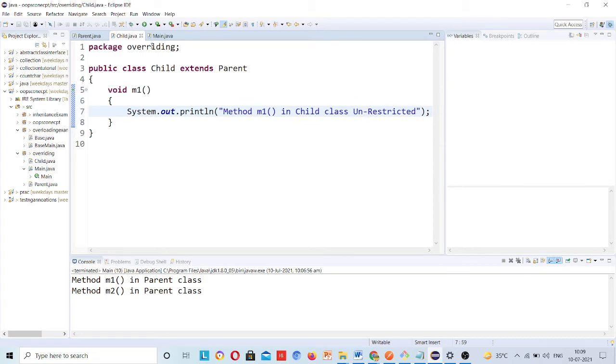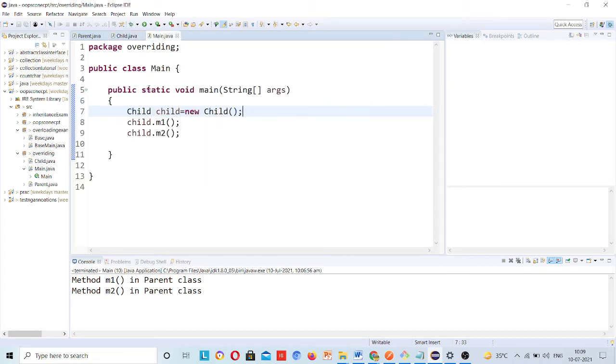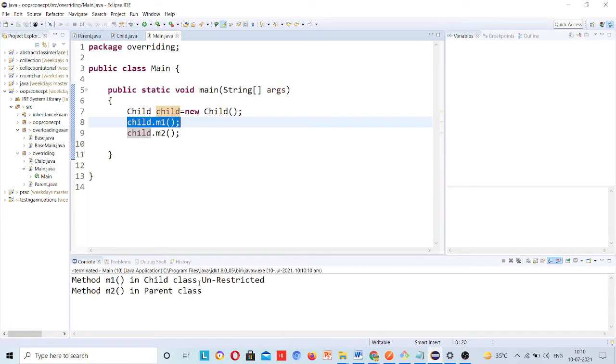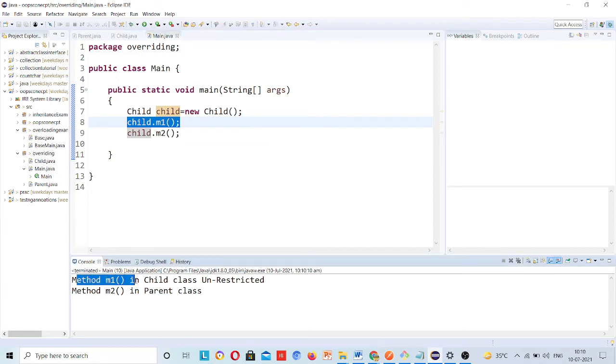Okay, now if I call this, I have created the object for the child class, then I have called the m1 method, then I will run this and you will see first method will be method m1 in child class unrestricted.